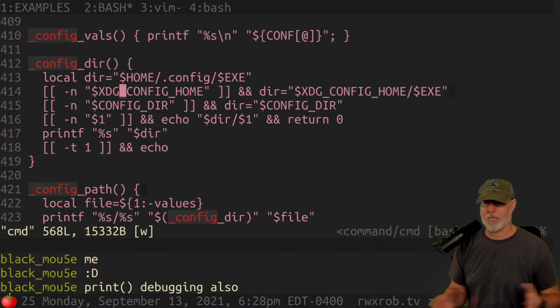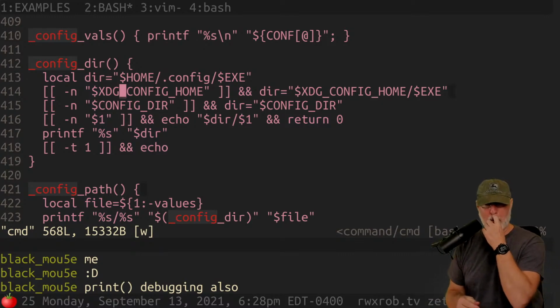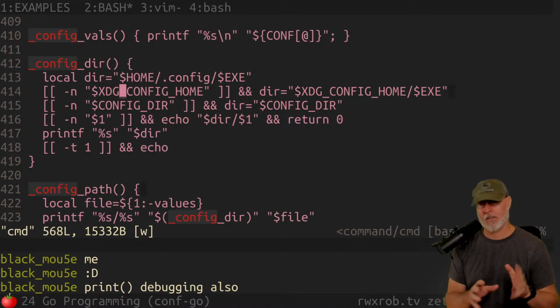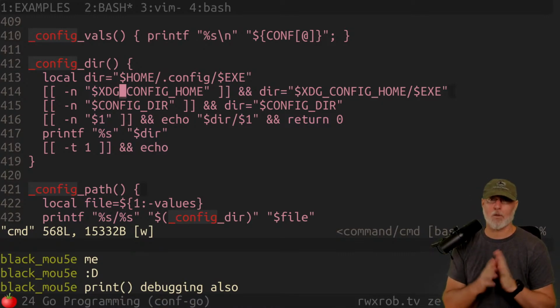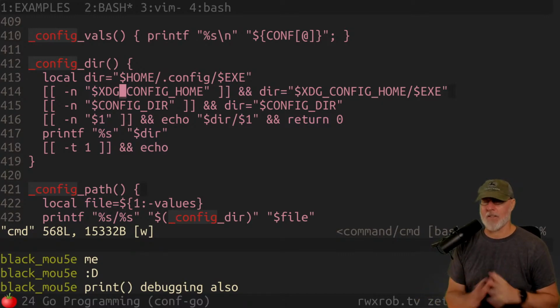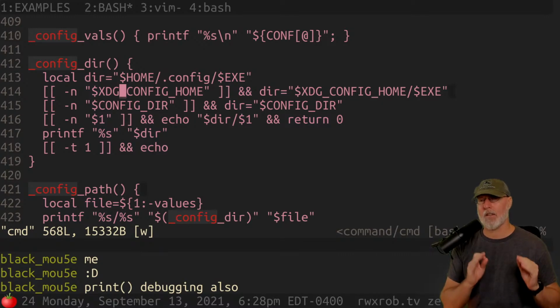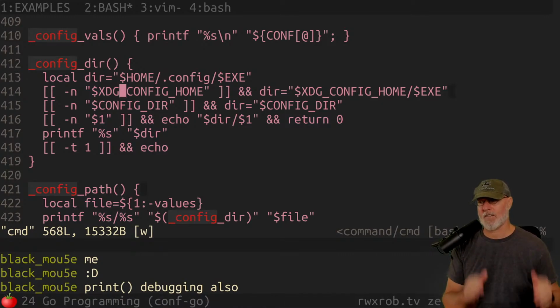And many applications have got on board with doing that. They've decided to do that. And there's this set algorithm for dealing with configuration files. The algorithm goes like this. If the XDG_CONFIG_HOME environment variable, which is long, I know, and it's the same on everything, Windows, Mac, and whatever, is set, use that. That is the definitive full absolute path directory to the configuration file that contains